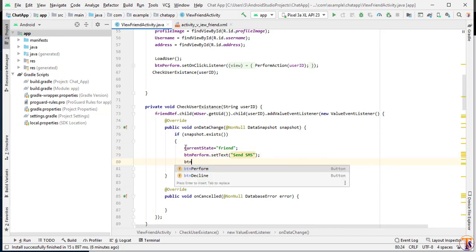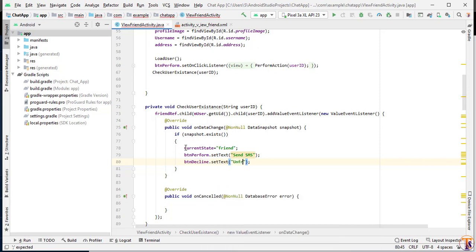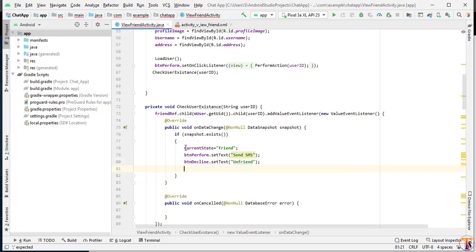Second is btn decline dot set text, and here we will pass unfriend. Now btn decline dot set visibility, and we will change it to visible.